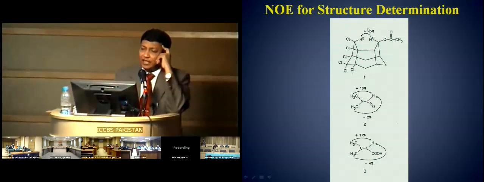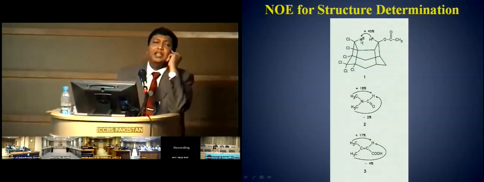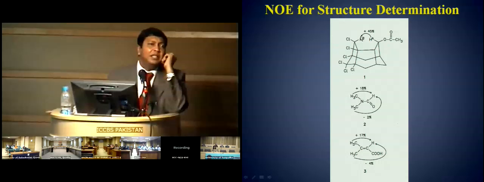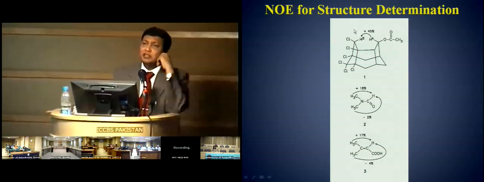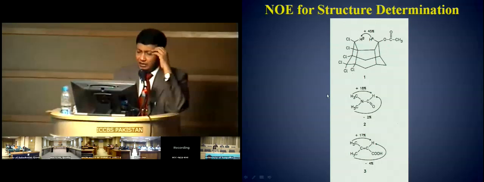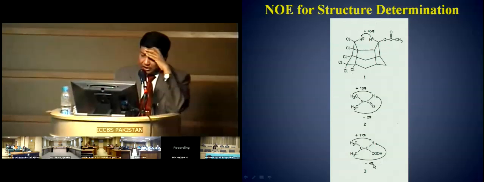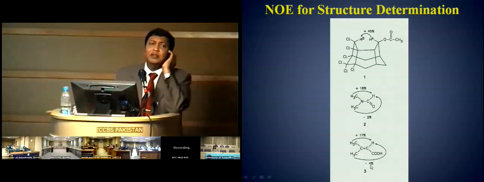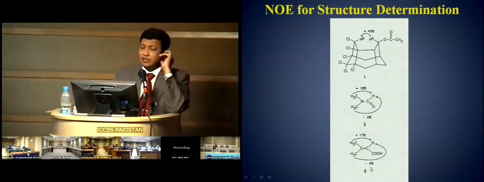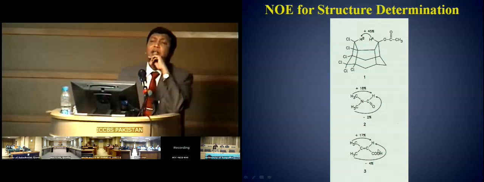Kindly remember that if I irradiate HA and if I don't get any NOE on HP, it doesn't really mean that HA is not close to HP. It doesn't mean that, because there are multiple reasons. But look into this. This is close to this, and you see a greater NOE, but it is far away from it, so you have very less NOE, even in the negative sense also. So now,